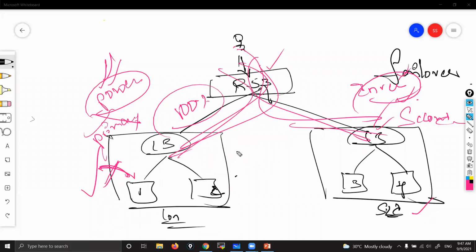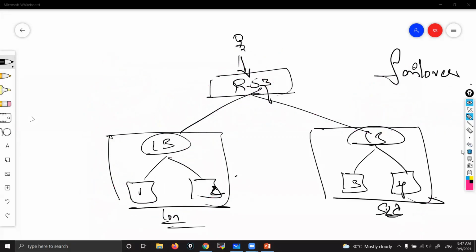That means I want one region to work at a time. If I lose my primary region, that should be switched to the secondary standby. If I bring my primary region up, then automatically the connection should come back to primary because this is the primary, right? Main. Now you might be thinking, Sai, how does Route 53 come to know that my primary region is down?